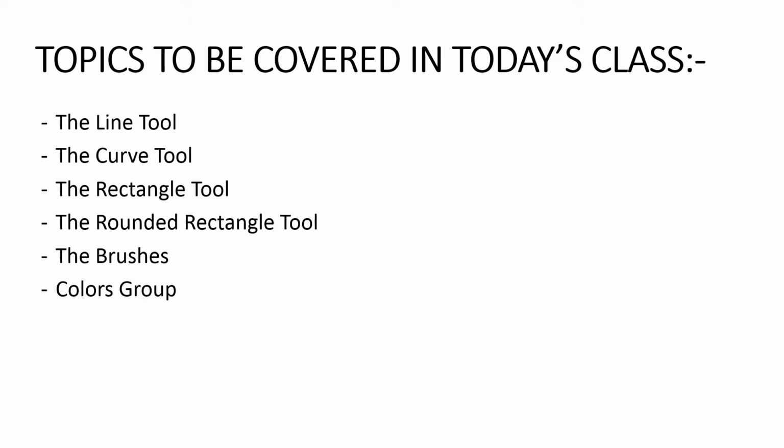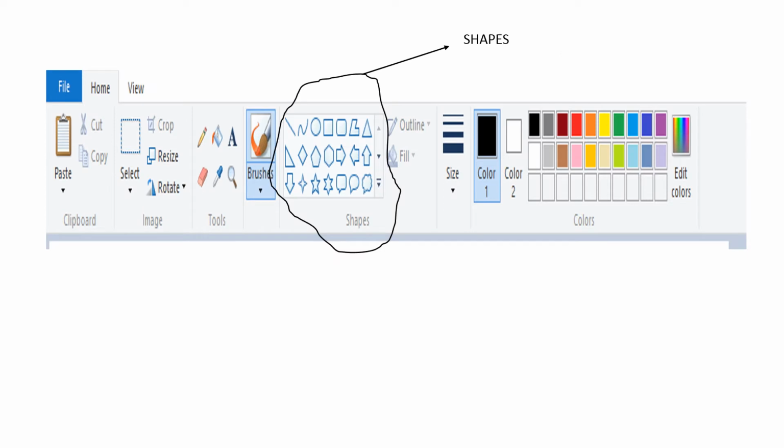Fine. Moving on. Now in the last class we have seen how to start Paint. When you start Paint, the first window that you are going to get, at the top of the window, is the ribbon that you are seeing on your screen. Inside this section at the top we will be studying the shapes tools. Inside this whole section I have highlighted this subsection, the shapes group, that we are going to study. I have highlighted it so you will be able to understand it nicely.